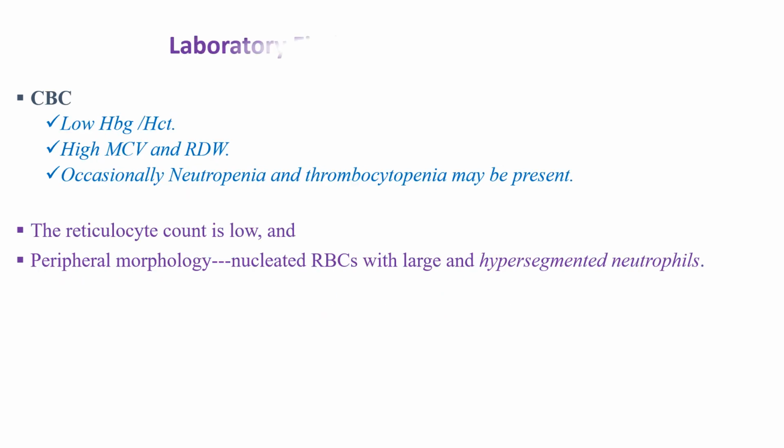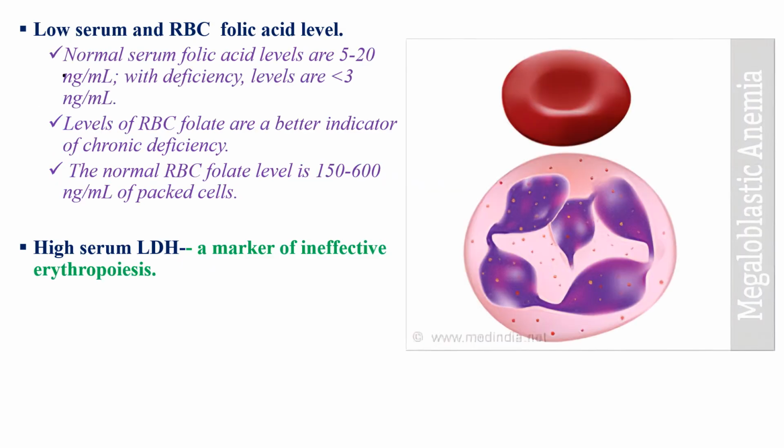When we investigate such patients, on CBC we will see low hemoglobin and hematocrit, high MCV and red cell distribution width, with occasionally neutropenia and thrombocytopenia, so pancytopenia can occur. The retic count is low, and the peripheral morphology shows nucleated RBC with large and hypersegmented neutrophils, the majority of them with more than 5 segments. Low serum and RBC folic acid levels, and